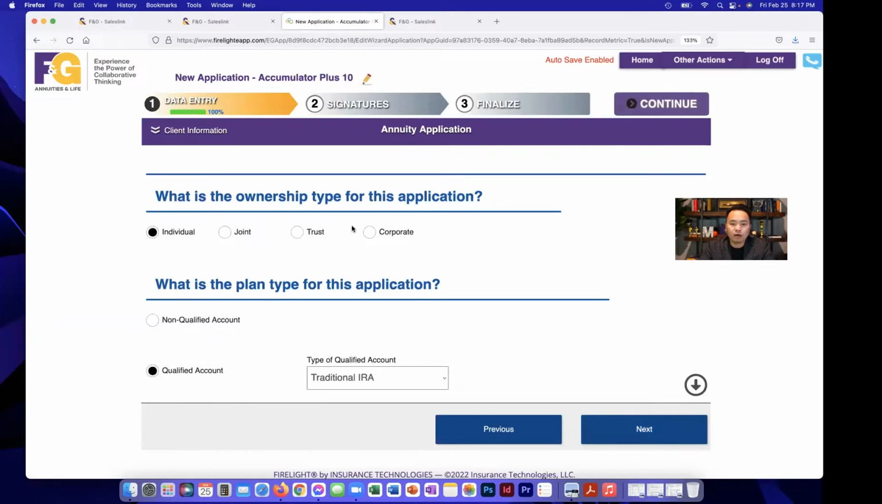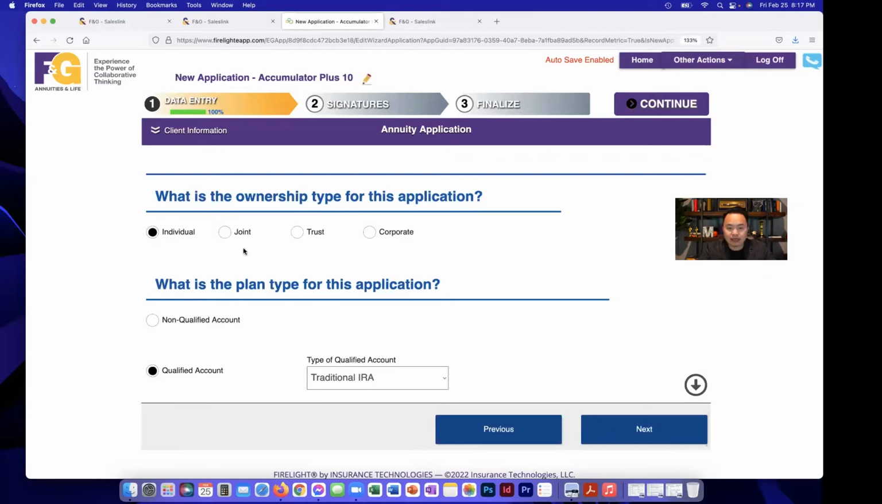Okay. What is the ownership type of this policy? This application is an individual. Okay. If it is husband and wife in a joint, then you put a joint there. Normally we don't do trust or co-op corporate. So